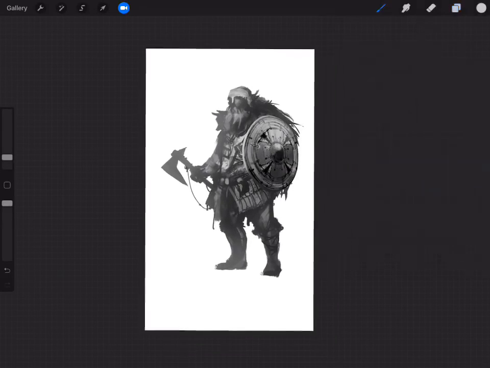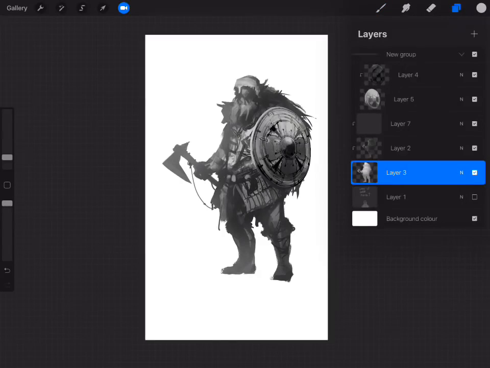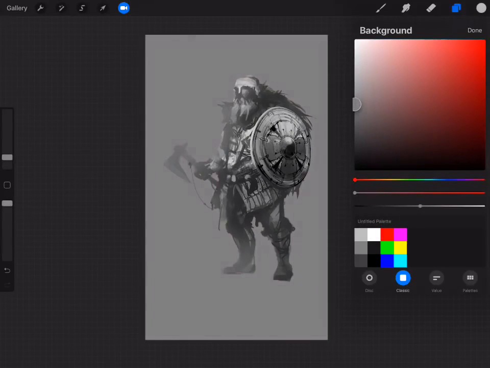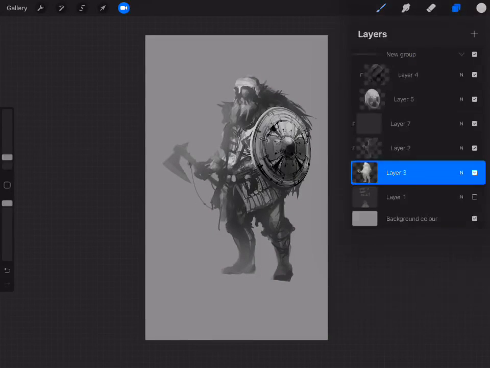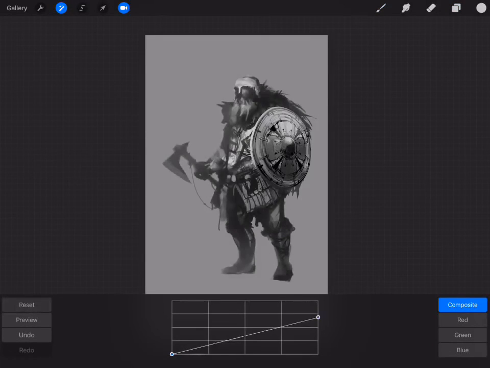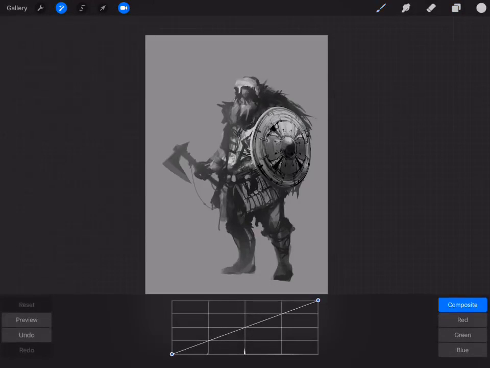Alrighty, let's get some color on this mister. So when I color, I almost always start with, and I'm gonna take the background down to neutral gray actually, because this will give us an advantage. I usually start with a layer that sort of covers the most. I'm just gonna darken this layer a tad. I'll take the layer underneath here, the main character silhouette. And I'm gonna use curves